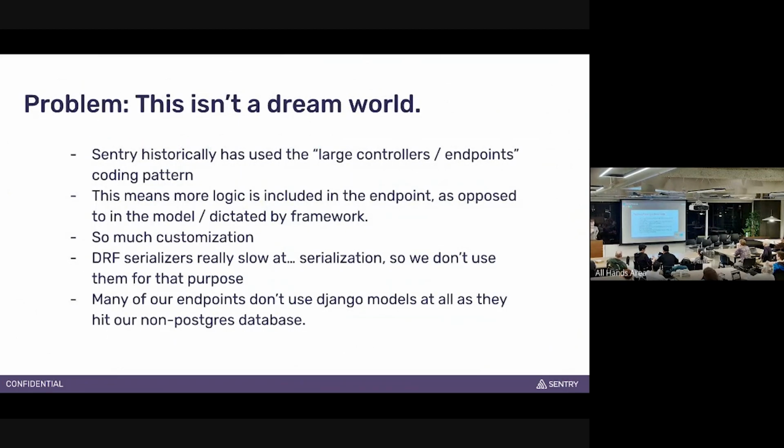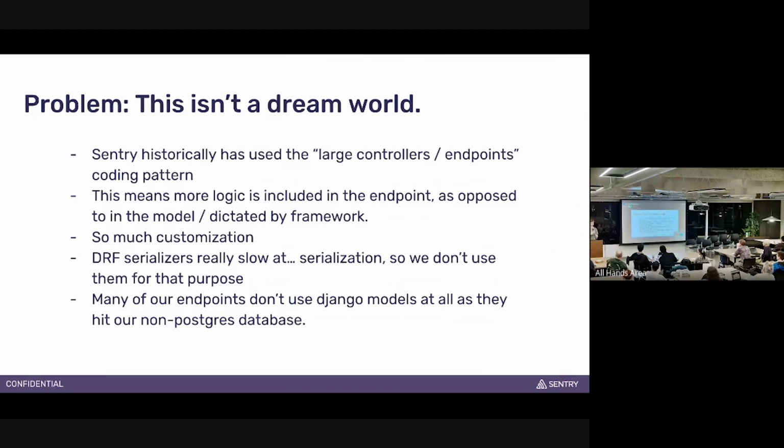Historically at Sentry, we just write a lot of code in our endpoint, and so we don't rely on big models or abstracted away things. If you want to do something, you just put it right in the endpoint, and yes, that results in more repeated code where you're doing the same things in separate endpoints. Historically, that let us iterate really fast, and also as we scaled from a small startup to something with a lot of developers and a lot of people hitting our APIs and using our UI,